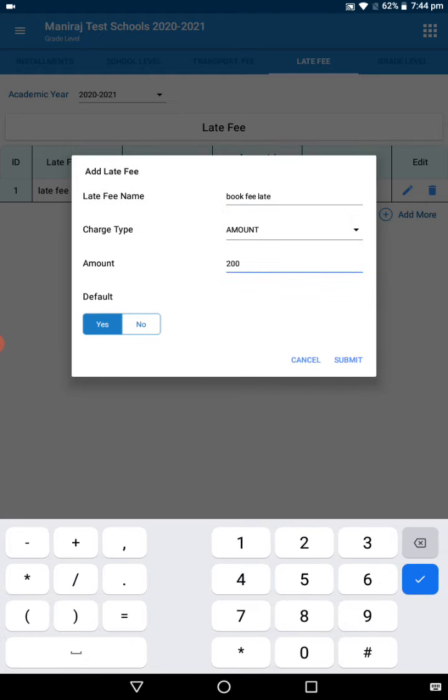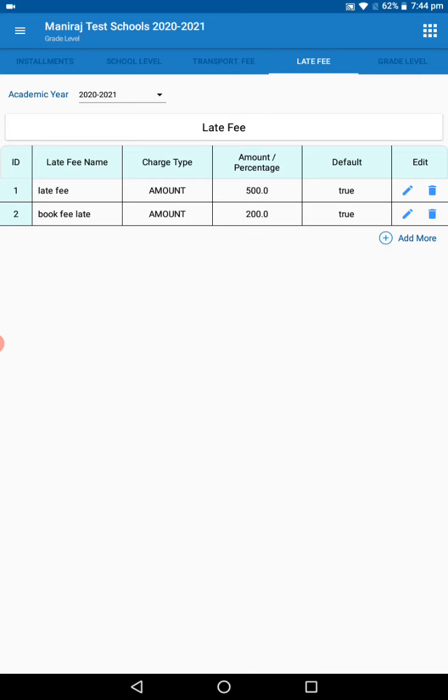Now I already told the default values, the same thing is applicable here, and click on the submit button. And here you can see the book fee late amount. Late fee amount was 200 rupees, and this is seen as a box type.